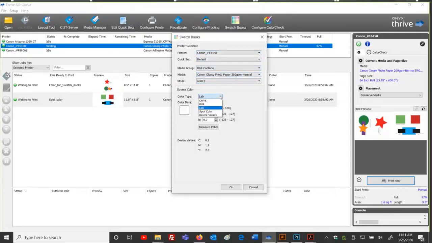Now I can decide how I want to enter in my starting values. I want to start out with that green color. So where do I want to be in that green color? I want to start out with that red color. So I can type in a recipe and tell it to use my color management for my quick set. We talked about that in yesterday's class because I've got all ICC profiles on, and because I've got the checkbox use spot color replacement table, it's going to engage through that library.